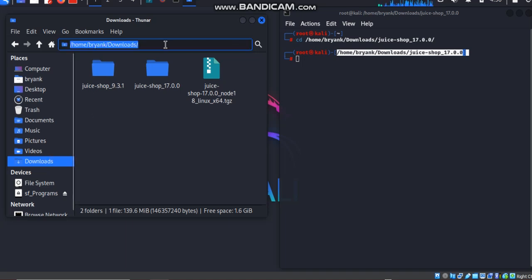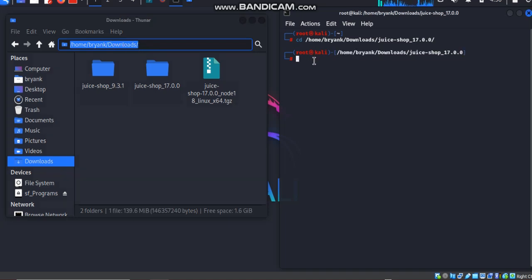So if you are looking for something and you don't know where it is, you will not get there. That was why we have to use this method to grab this address, then come to Kali Linux and change directory into that address. It is a faster way of changing directory. So if I wanted to type it manually, I would still type all these things: /home first, /Brian K, /download, /juice shop.